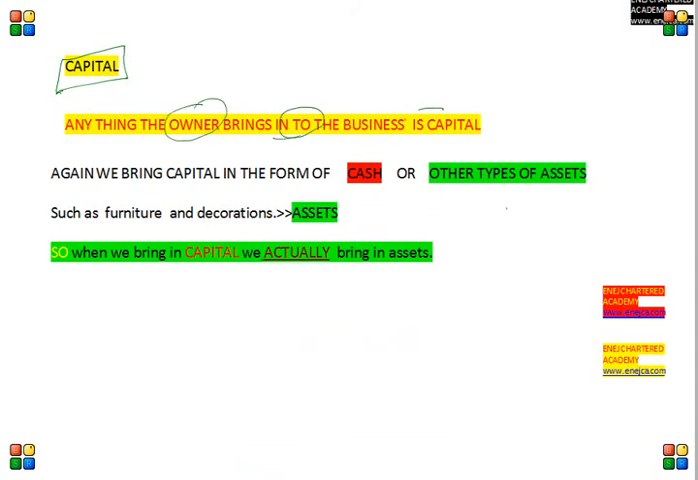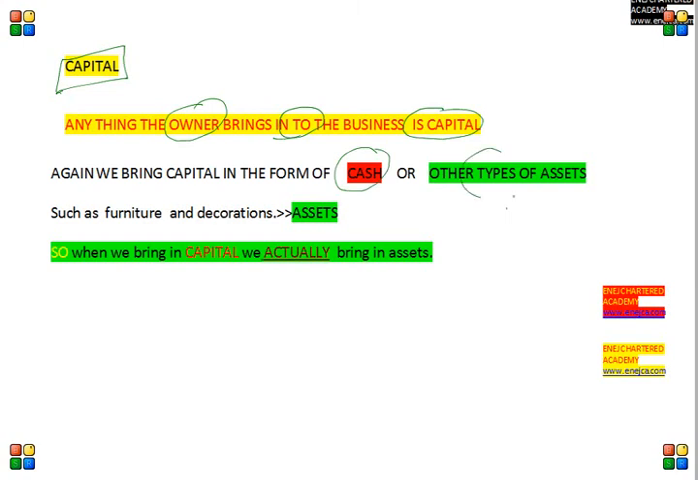This is the very basic definition of capital. Anything the owner brings into the business is called capital. When does he bring it? At the start of the business. When he is starting his business, he must bring in some cash or some other kinds of assets. So that is capital. Again, you can bring in capital in the form of cash or in the form of